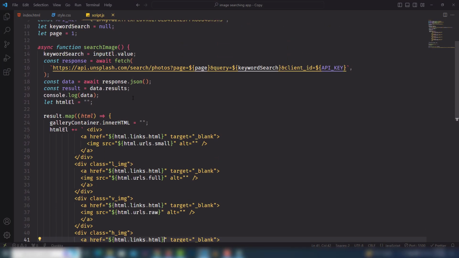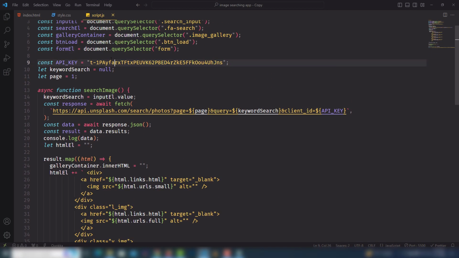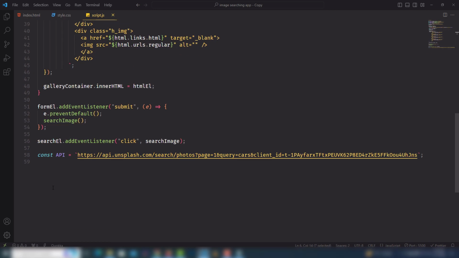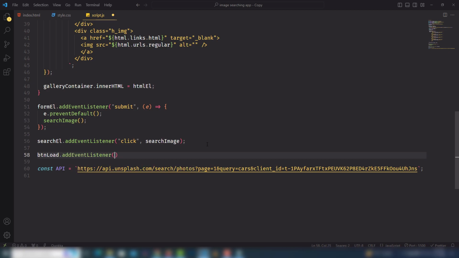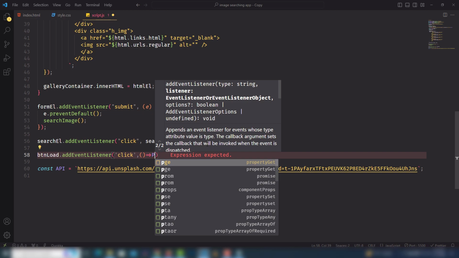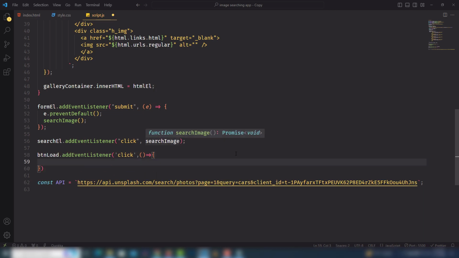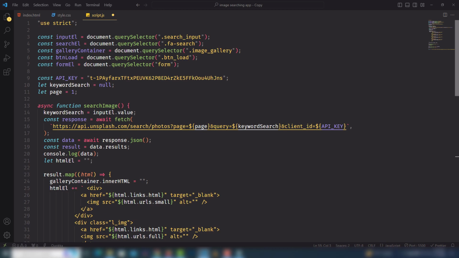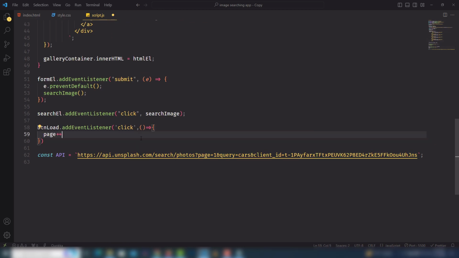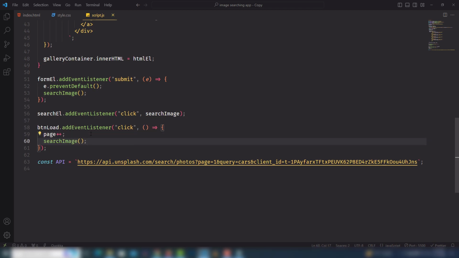And the last thing, I need to work on the btn load. When the user clicks on that, then I need to increment it. Which event? Click event, and execute the function. Inside the function I need to target my page variable. So the default page is 1. When the user clicks on that, I need to increment the value, right? So I need to use ++ and just copy the function and paste it. Save and